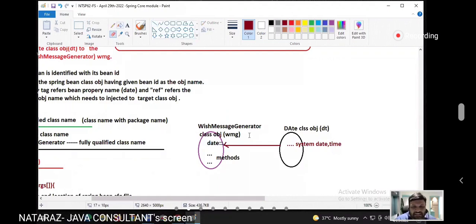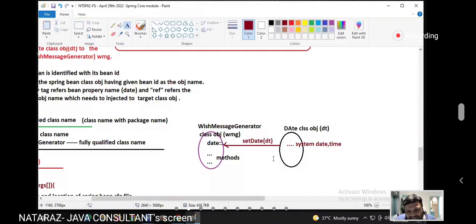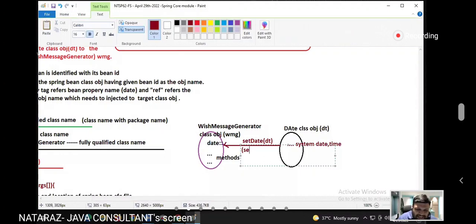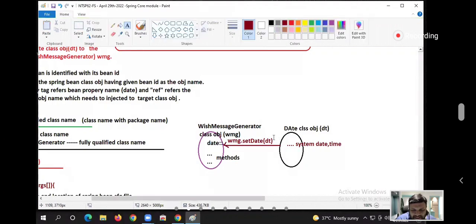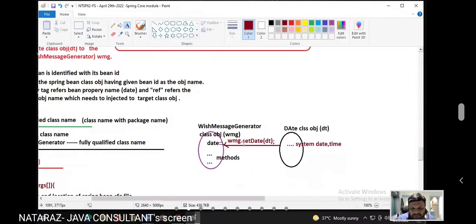The setDate(dt) method. So this Date class object will be injected to this property. To be more specific, WMG dot setDate(dt). This is my setter injection.